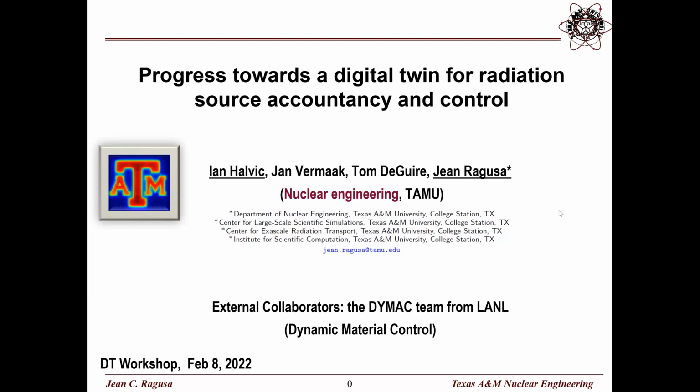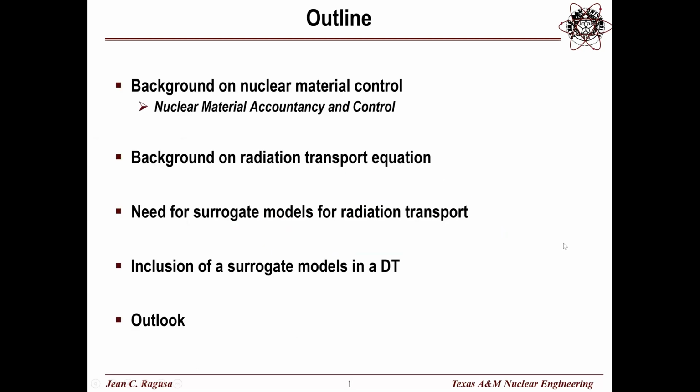Okay, so going to the next slide. I'll give you a little bit of background on nuclear material control, nuclear material accountancy and control specifically. Some background on the radiation transport equation. This is the equation we solve to determine where radiation is in a domain. I'll explain briefly why we need surrogate models for that equation. It's a little costly to solve. And I'll discuss how to incorporate a surrogate model or reduced order model into a digital twin,